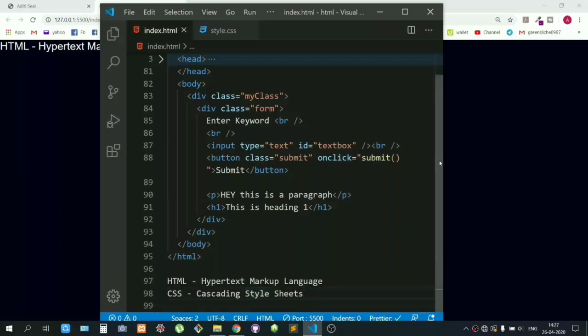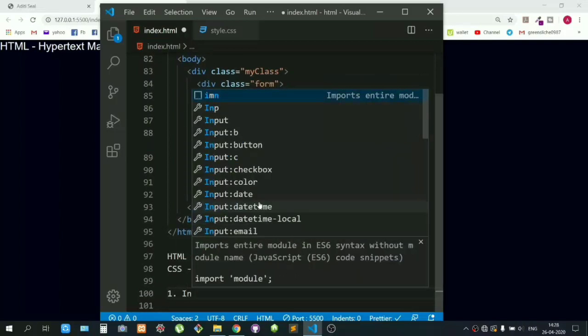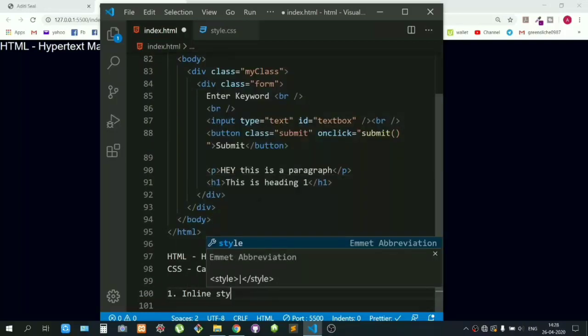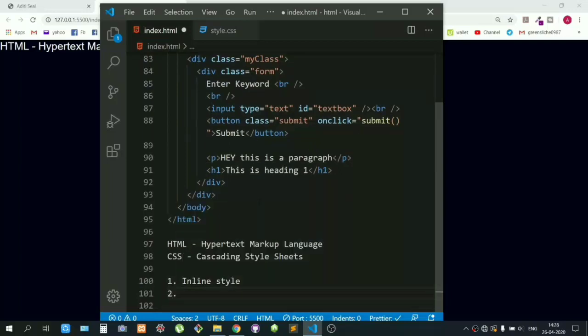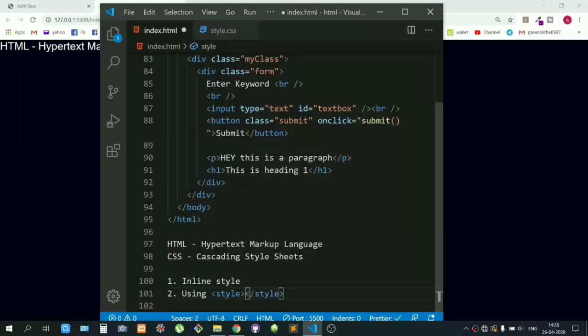Basically you have 3 ways to implement CSS in an HTML file. I'll tell you how. The first one is by using inline style. The second one is by using the style tag. It looks something like this. This is the style tag you see over here.